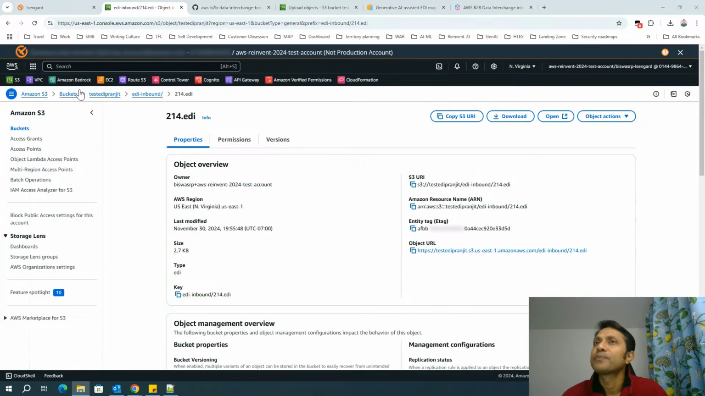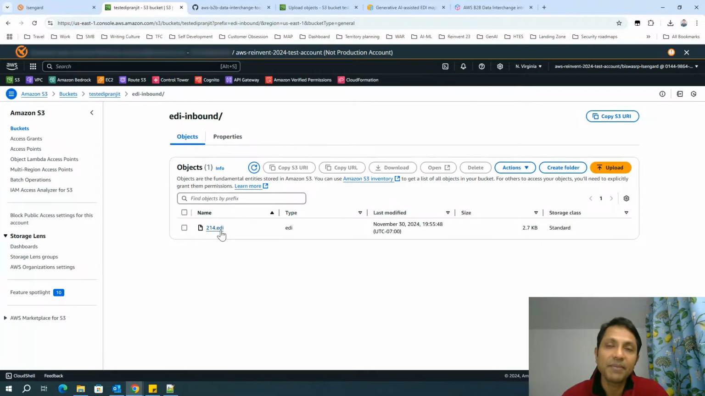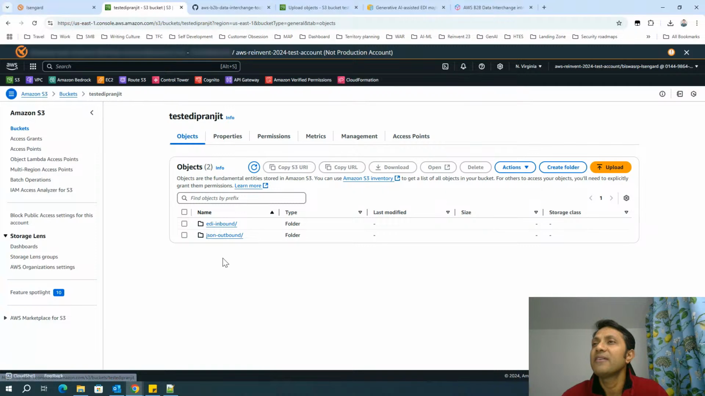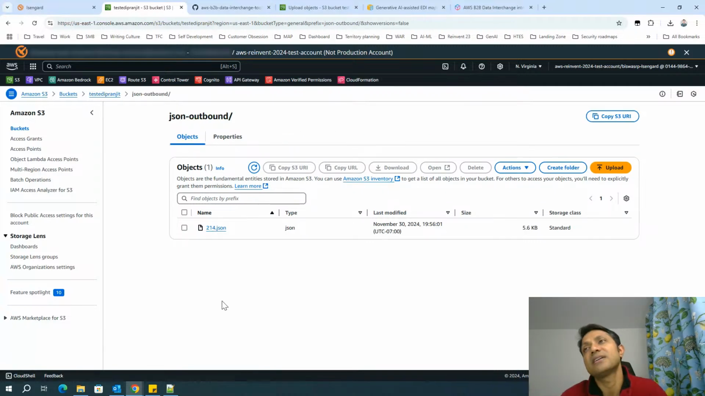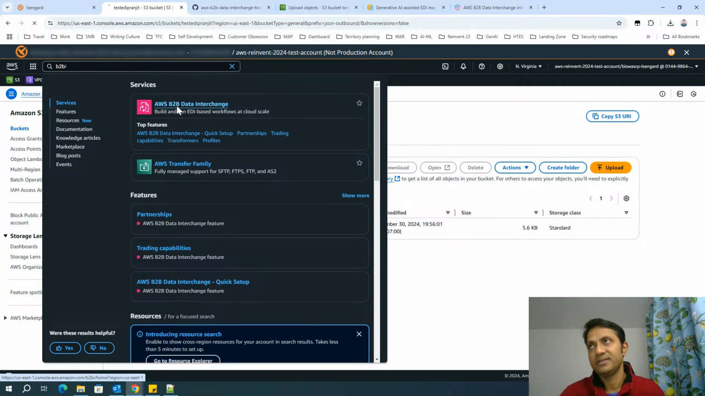Now, within this EDI inbound, I've uploaded the sample EDI document, and then I have created another folder, JSON outbound, which is the destination or target file format. I have uploaded the 214 JSON file format. That's all. Now I go to B2B data interchange,